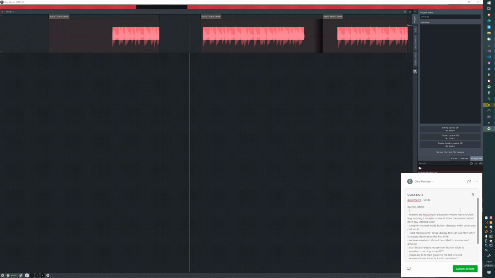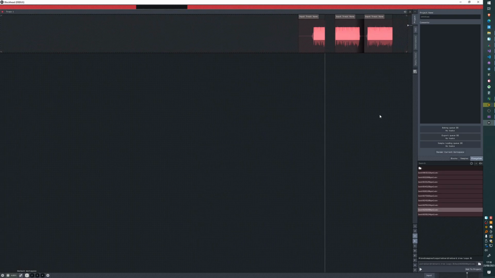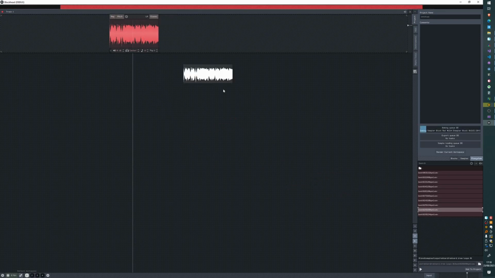So macros sometimes don't rebake when they should, e.g. sometimes when left resizing from within the macro, question mark. I just don't want to investigate that right now. If it's an inconsistent thing where sometimes it happens and sometimes it doesn't,